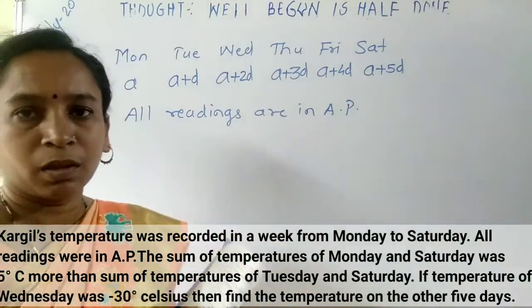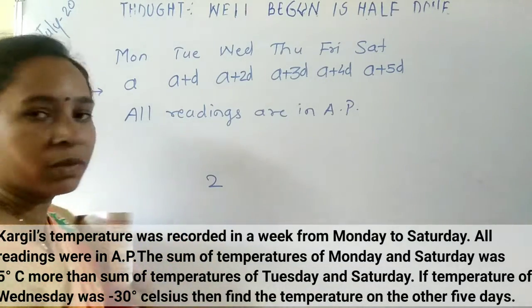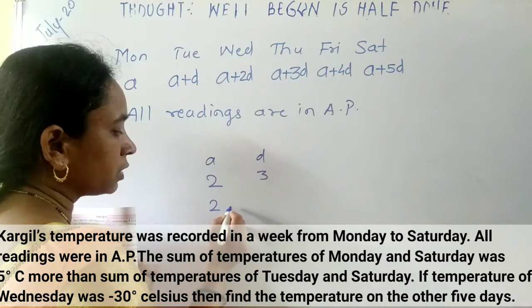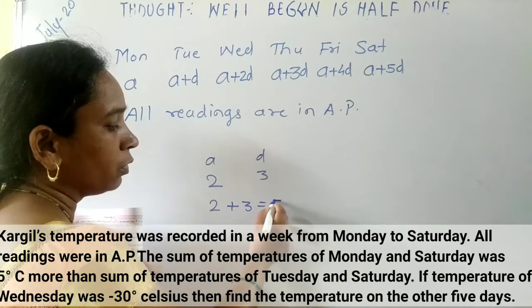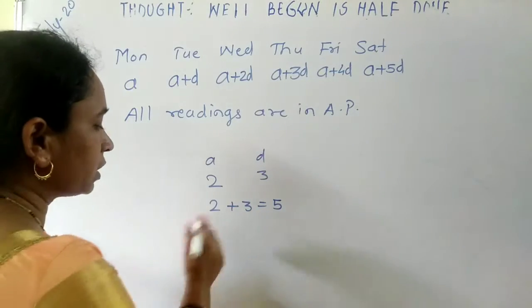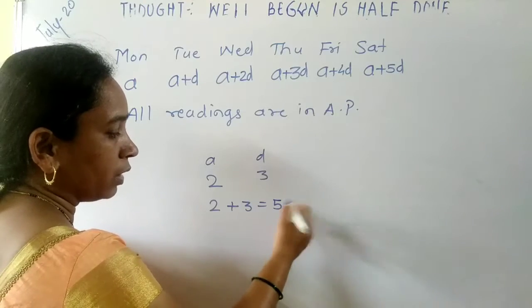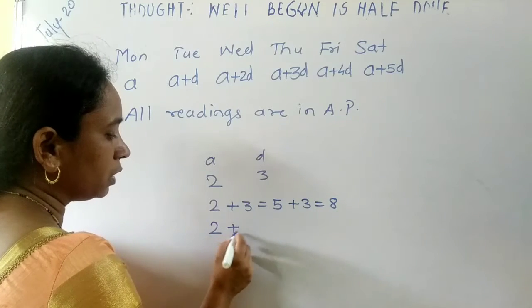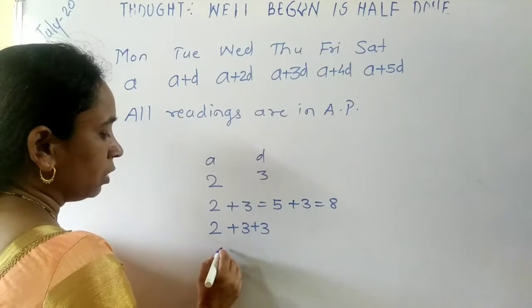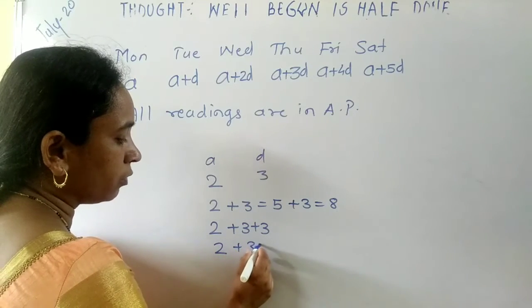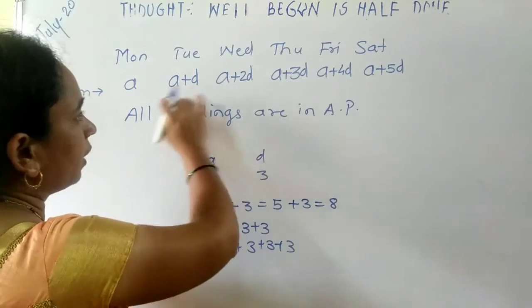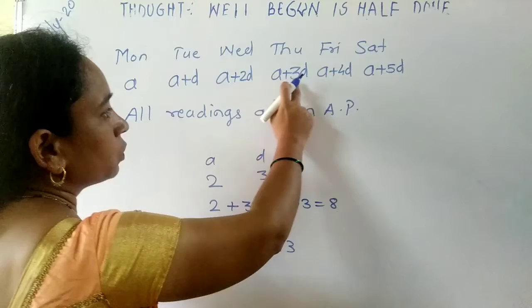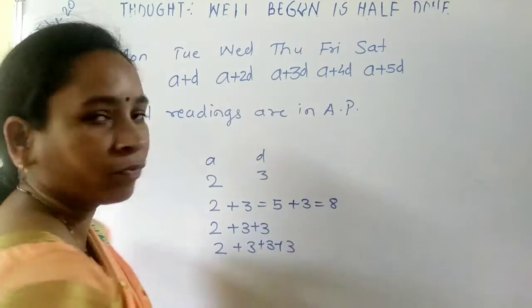Now how does it come? That I'll explain to you. For example, 2 is the first term and the difference is 3. So how will I get the next term? 2 plus 3 is equal to 5. This is your second term. If I want to find out the next term, I just add here 5 plus 3, 8. But what is the meaning of this? To get the second term, I have to add the difference 1 time; for the third term, I have to add the difference 2 times. So same concept I have used here. I have found out the sixth term: A plus D, A plus 2D, A plus 3D, A plus 4D, A plus 5D.